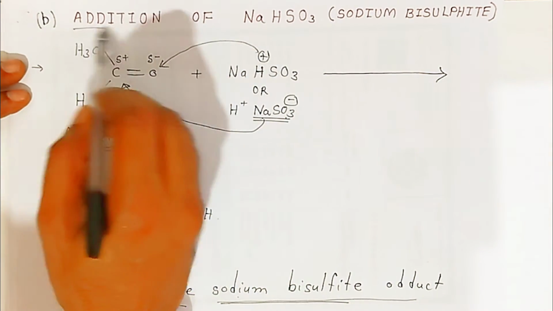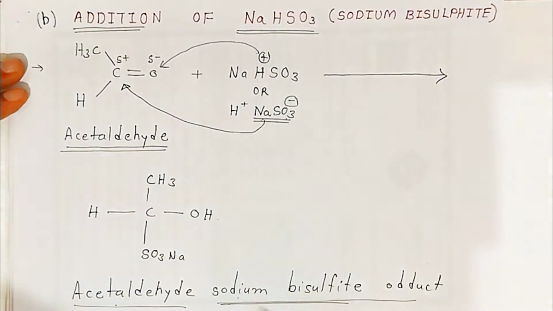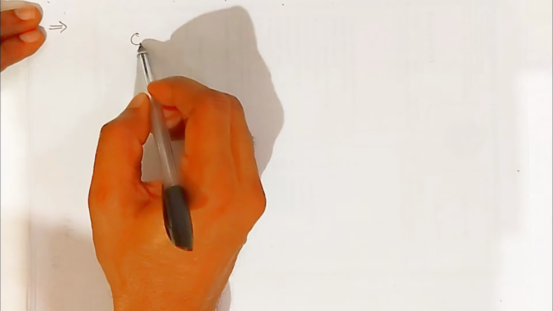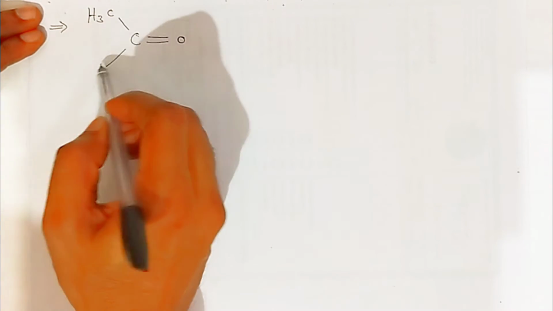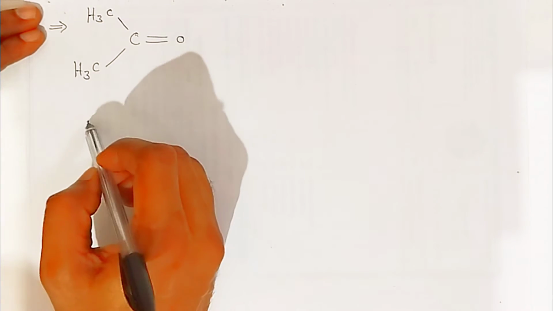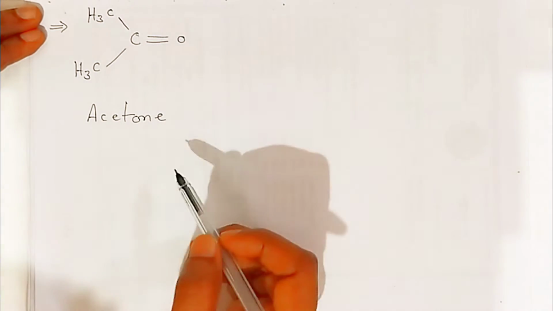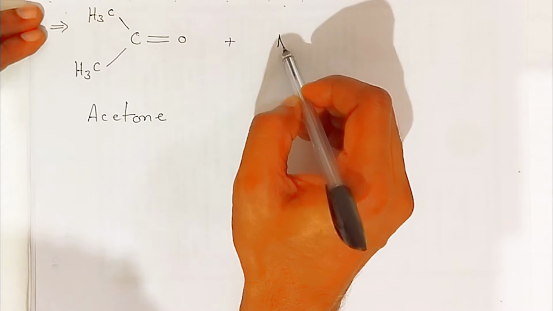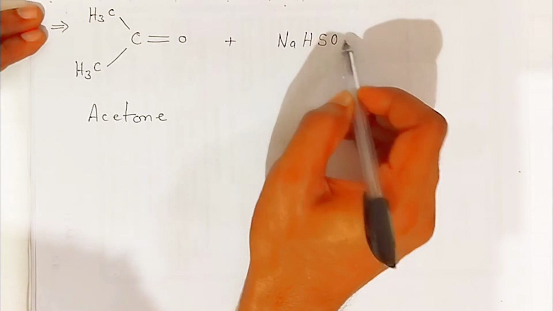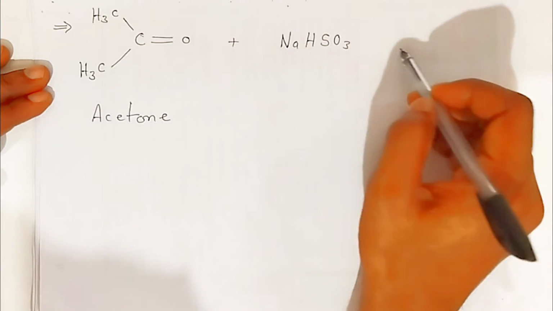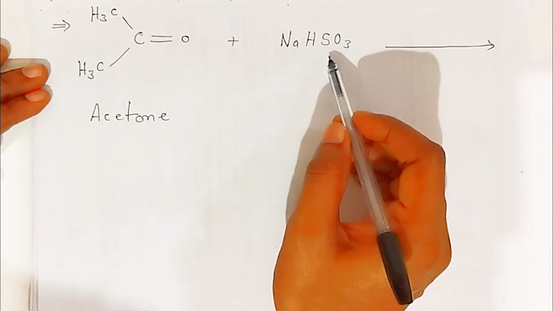Very important students, addition reaction of sodium bisulphite. What happens if it is a ketone? If we take a ketone, in the carbonyl, if both valencies are occupied by methyl, we call it a ketone. Now which type of ketone contains 3 carbons? It is acetone, or you can say propanone. So it is acetone, students, acetone. When added to sodium bisulphite, what happens, students? When sodium bisulphite is added,